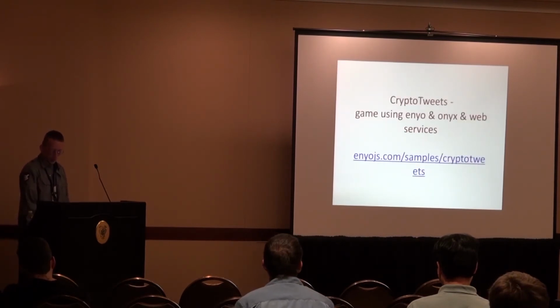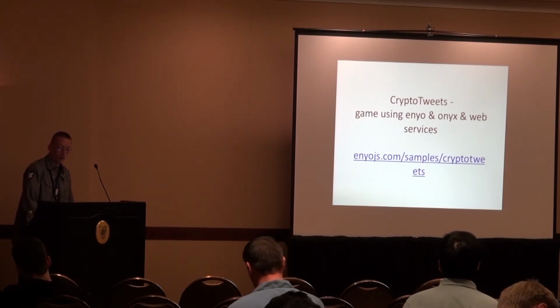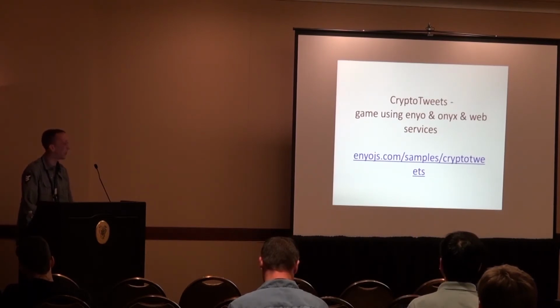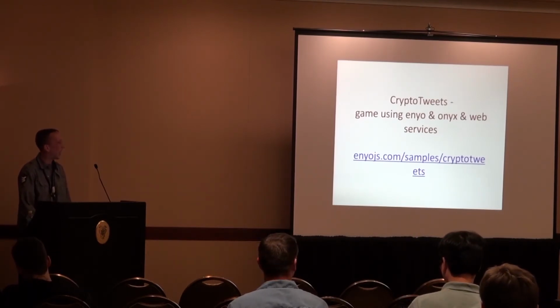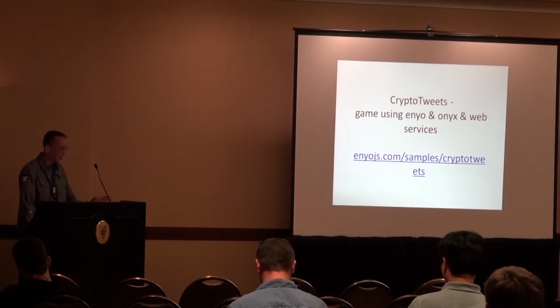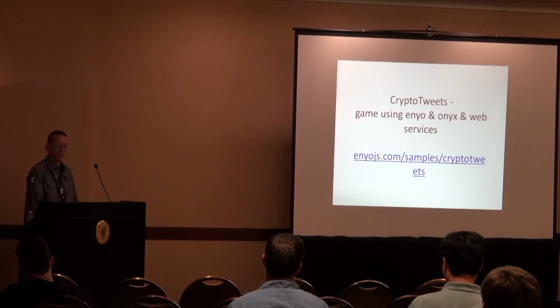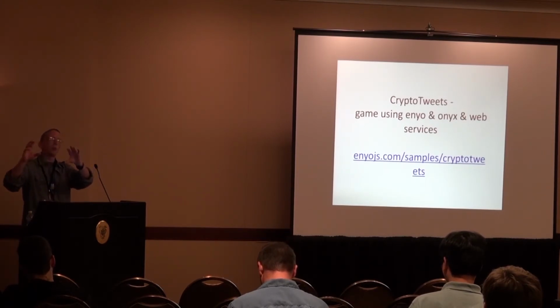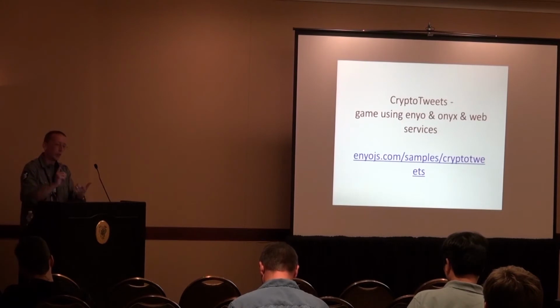Crypto tweaks, I can show you that one. This was one that Ben wrote, which may not be working anymore because I think Twitter has changed the search API. He was talking about it a little when we were in Dallas a few weeks ago. It was working then. It's an example of how he used Enyo.signals. It's basically a cryptogram game. It goes out to either USA Today to pull a news headline or a random Twitter search, which is sometimes dangerous,